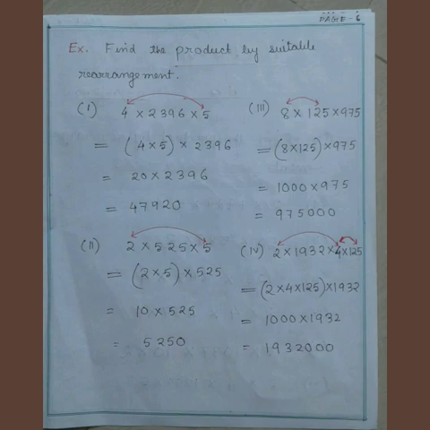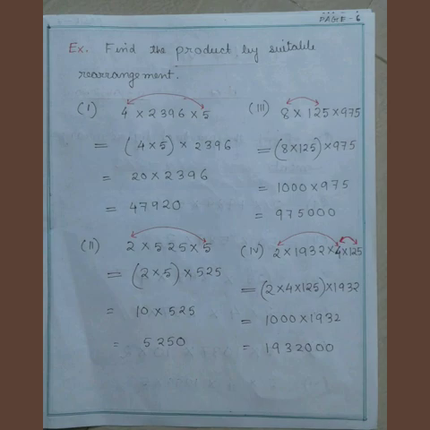In question number 4, I have taken 4 quantities. 2 into 1932 into 4 into 125. So I can make group of 3 quantities also. 2 into 4 is 8. 8 into 125 is 1000. So 2, 4 and 125 I have made a group into 1932. 2 into 4 into 125, which will give us 1000, into 1932, which is equal to 1932000.